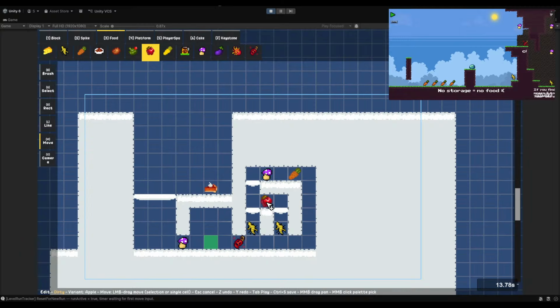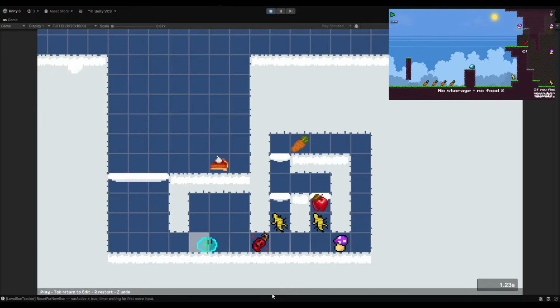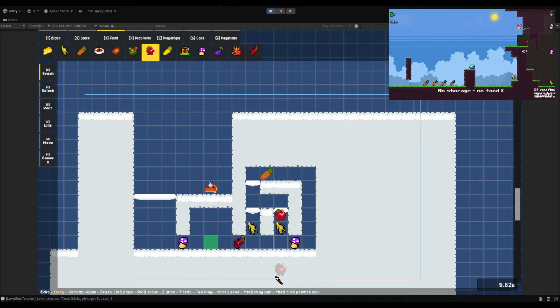Oh, we could put, you know what, this might work. So we put carrot here. Yeah, left of the mushroom. So the only way to leave is the mushroom. Oh my goodness. Okay, yeah, this works. So we'll put apple here. We can put it there too. So this should work. So if they go here, they're cooked because it kills their carrot. Okay, they have to go right, not pick up the carrot. There you go. Oh my god. I don't know why that was so hard.